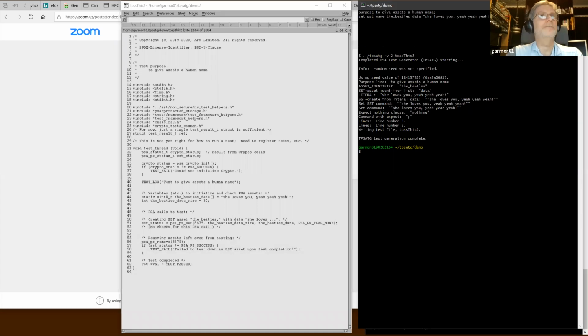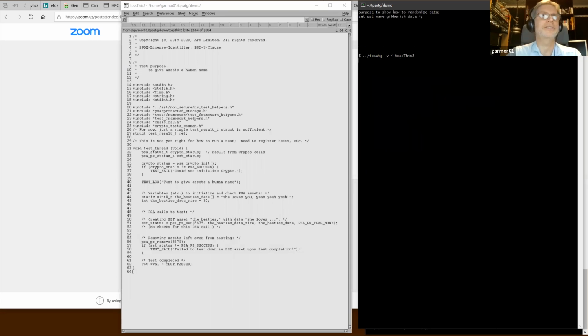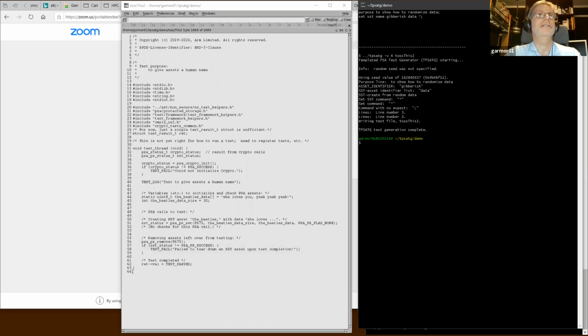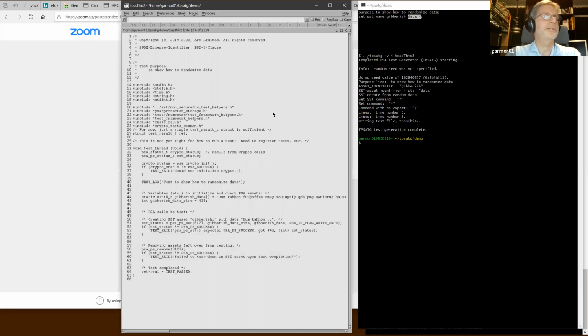Anyway, so let's get a little more interesting. I'm not going to do all of these example cases here. This is an example used to show generating random data. So I say create an SST secure storage asset with random data, and here's what that looks like. It creates a random piece of data, Dum Kahan